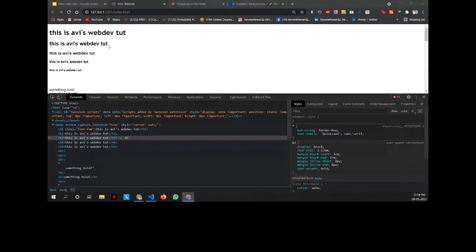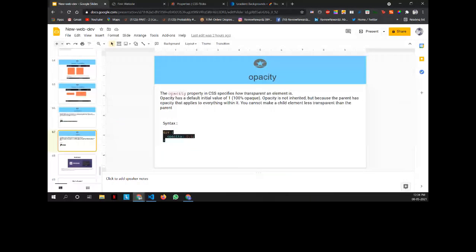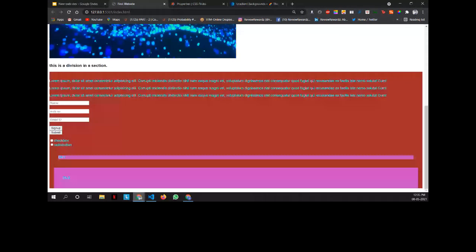Now moving on to the next property, that is opacity. Opacity is one of the most important properties because sometimes there are divisions and images which need to have some opacity. So instead of editing the image or the div color or whatever, we just edit the whole div using the opacity tool. I'll just add it here on this colored section.